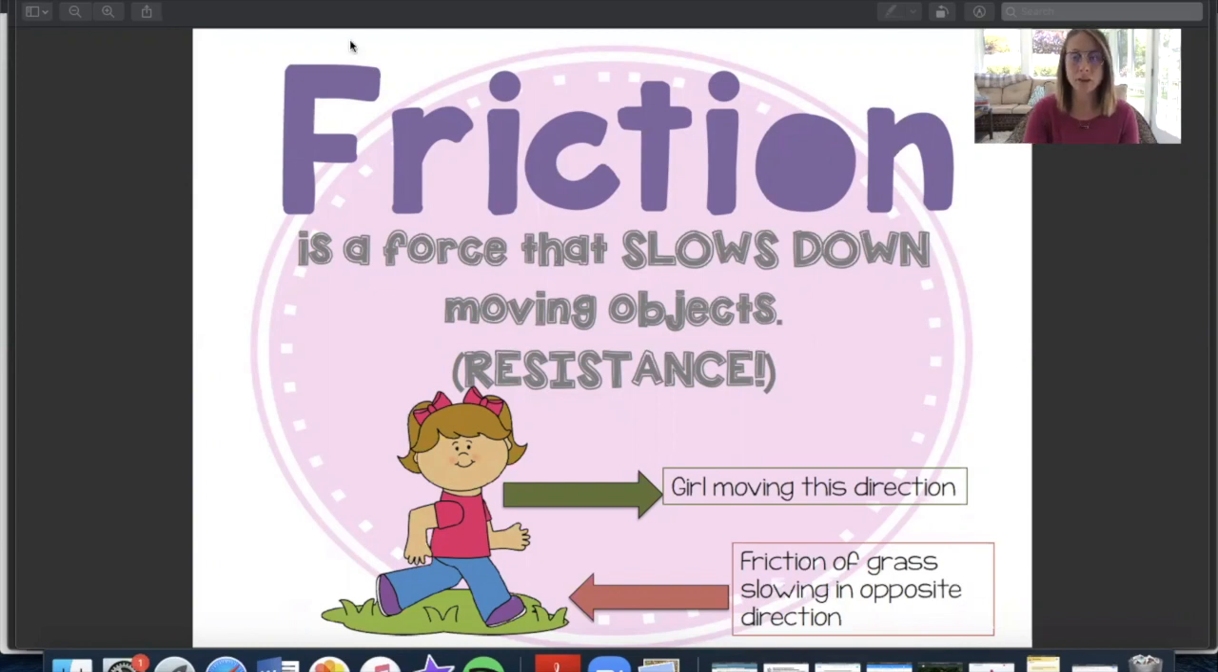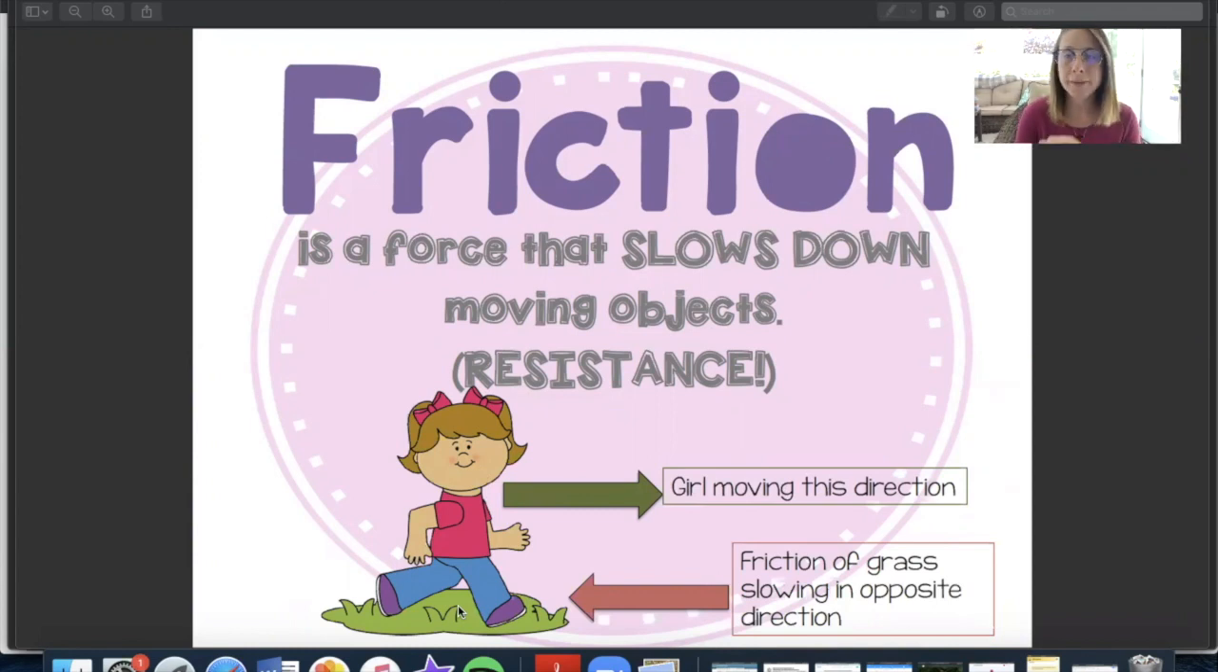And there's a little girl there to help you with your visual of what friction looks like, and she's running in this direction. Well, it says she's moving, but it looks like she's running, right? And then in the opposite direction is the force of friction, because the grass and her feet are having friction